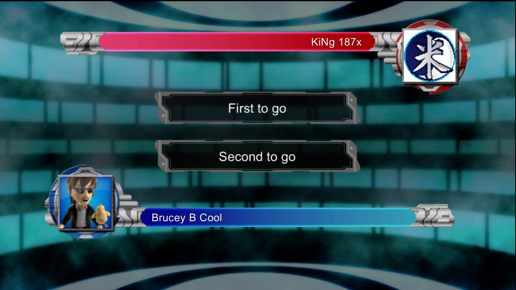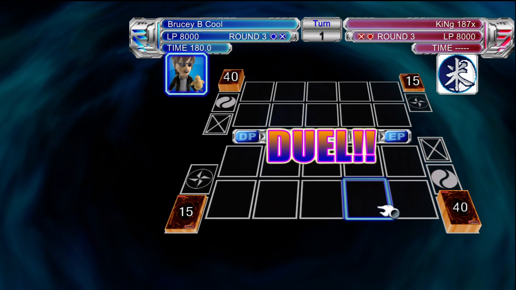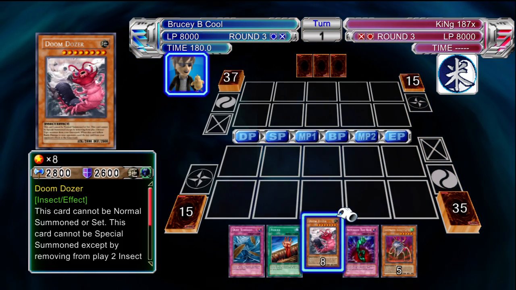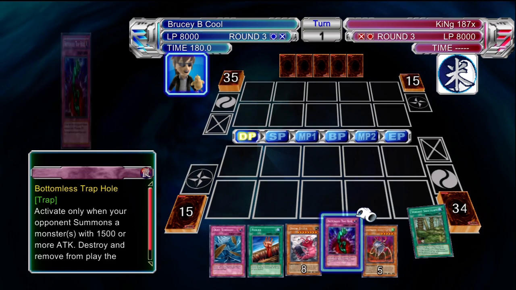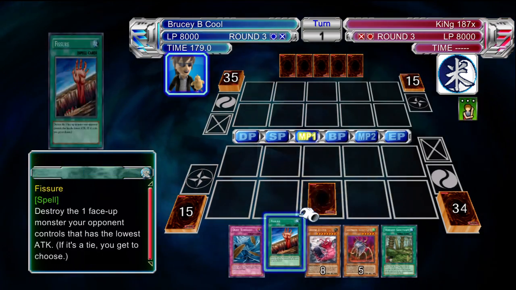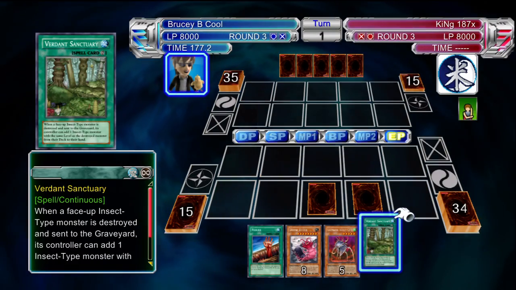So, obviously, first to go. Let's have a look at my next hand. It can't be that bad. Surely it can't be that bad. I've got to have something better than the last hand. And, oh dear. Oh very dear. Oh very, very dear. Now, although these are good cards, and I wouldn't change these for the world, Ultimate Insect